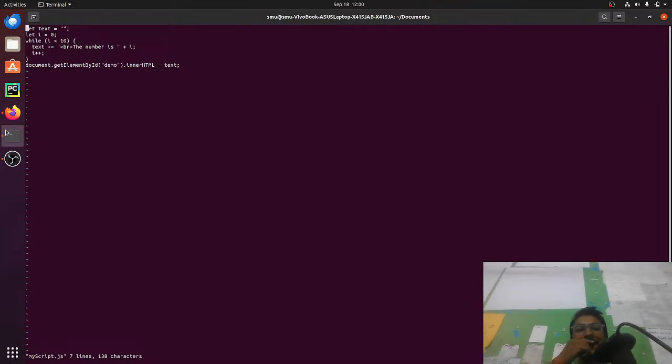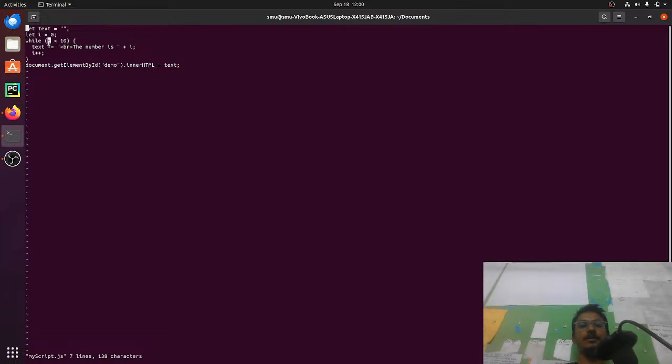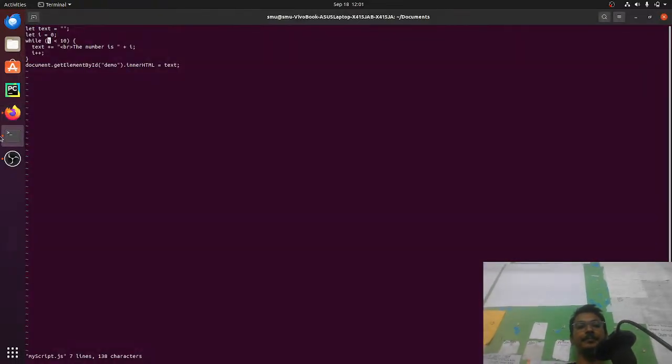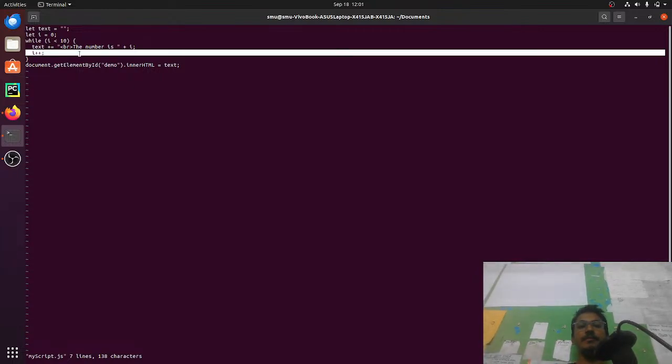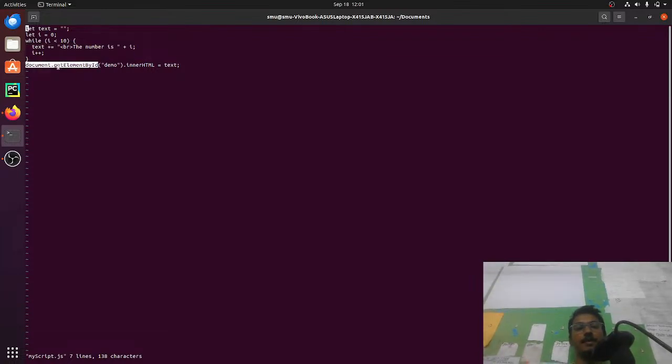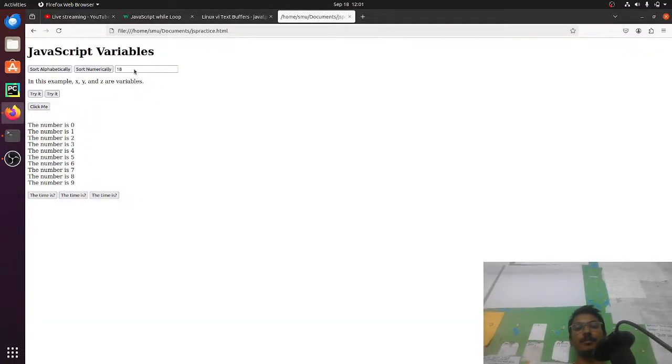Same thing. The number is i, what does i have? We are printing i every time here, with i plus plus. 0 to 9 will be printed. Okay, so it's fine, till 9 we are getting it. Let i be 0 is the initialization, here is the condition, and here is the increment or decrement. Here whatever we want to put, we add to the output document element. Next,